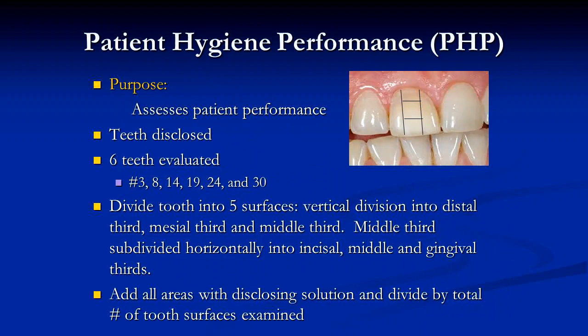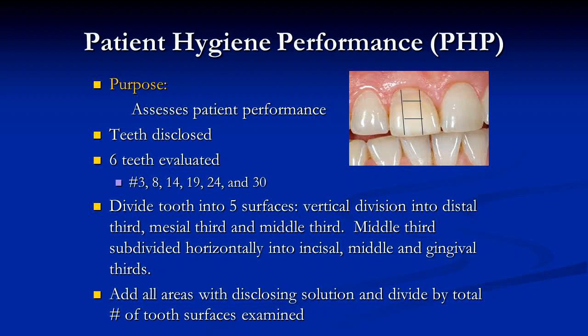The second index is the PHP, the Patient Hygiene Performance. The patient performance is in removing debris after you give them toothbrushing instructions. So it assesses the patient's performance after you do your education for them. We actually used to do the PHP in our clinic as opposed to the plaque index that we have now, which is interesting. So what you do is you disclose the teeth, and you're going to look at those same 6 teeth that you looked at in